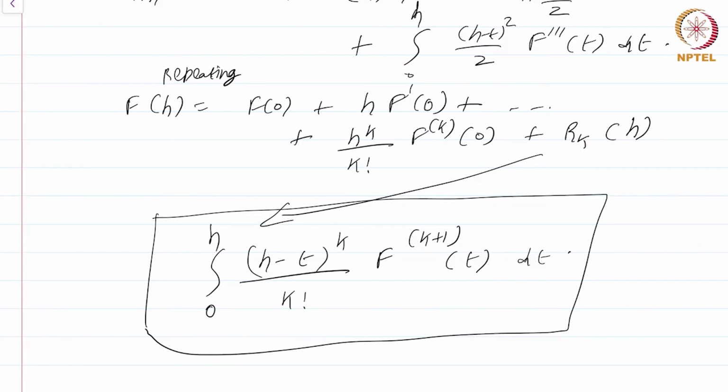For instance, a simple example: suppose you're trying to write down the series for sin x or cos x, which we will do just a few modules down the line. Observe that we already know that the derivative of sin x is cos x and the derivative of cos x is minus sin x. So in some sense, we actually know what this (k plus 1)th derivative of f at t is going to be in that scenario. We know the exact function, and it might be useful to have an expression like this.